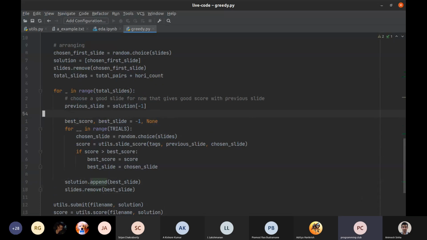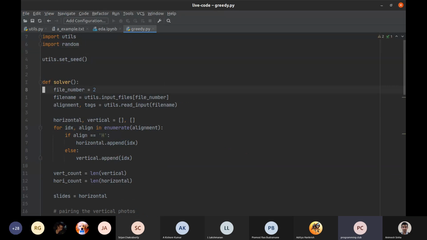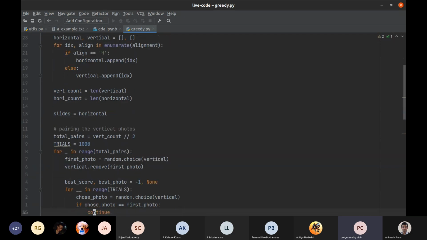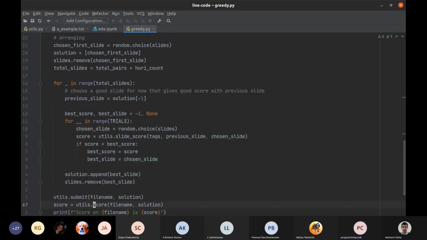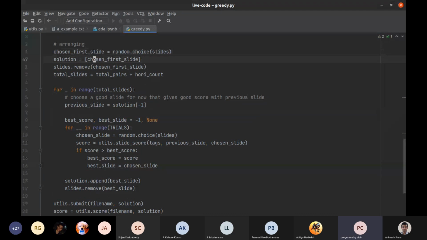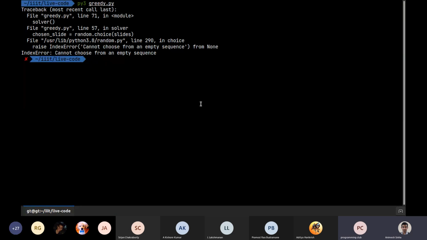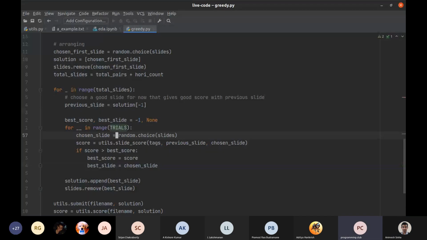Wait, let us first run it on a simpler problem, which is the first input, just to make sure that like our solution runs on the base case. Yeah, so there seems to be some mistake I made. Obviously, there is always going to be some mistake. So I can show you how to. You have a mistake? What? I cannot see the error. Yeah, it's on line 57. I have an empty list. I don't know why.